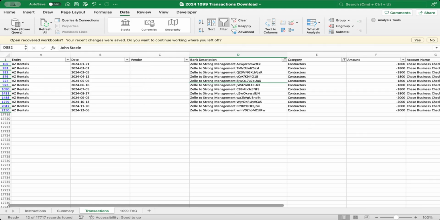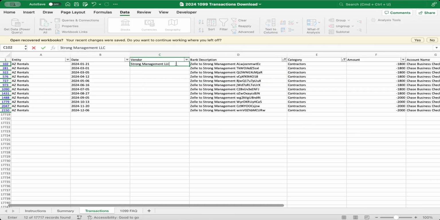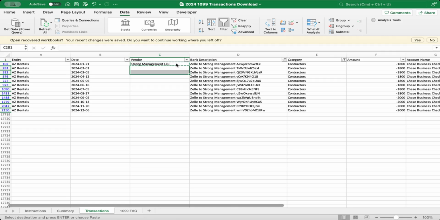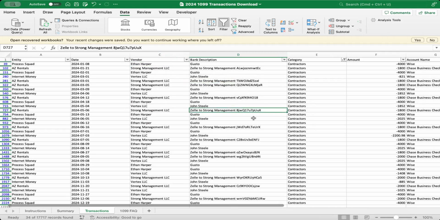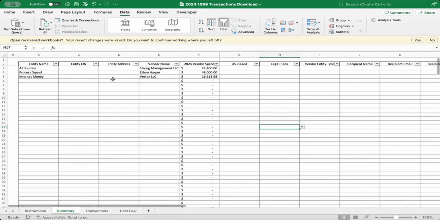Finally, I'm going to look at these Zelle payments that I made. And these are all to Strong Management LLC, which is the management company for my real estate business. So once I've completed the vendor column for each contractor payment on the Transactions tab, I can move on to